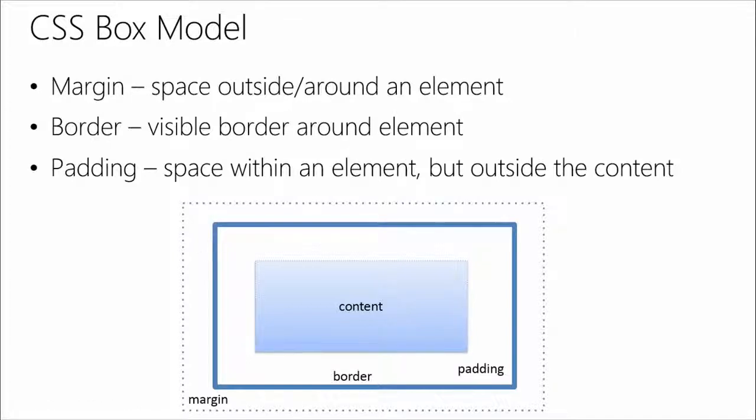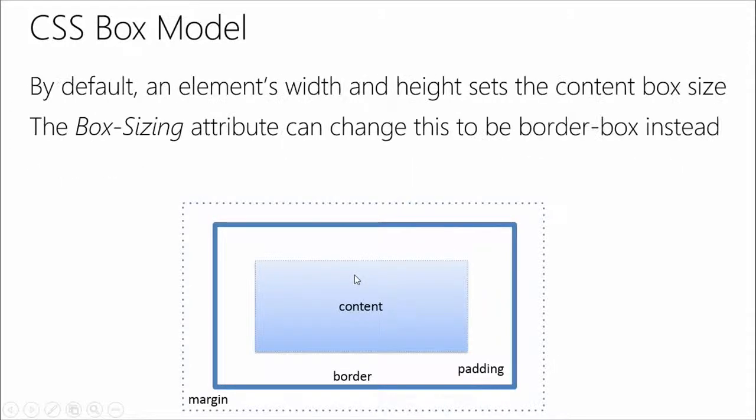So the margin is a space outside of an element. The border is the visible border around the element. And the padding is a space within the element, but outside of the actual content that you have inside of it. This is a little bit confusing because when you think about